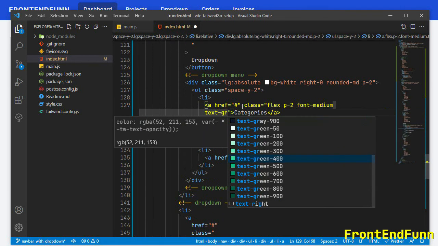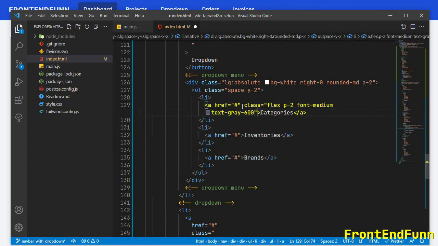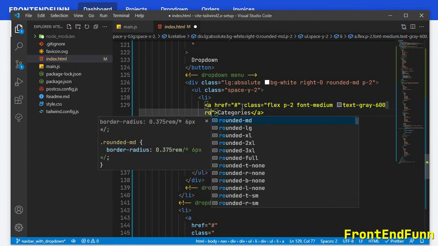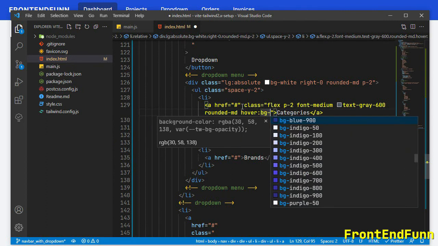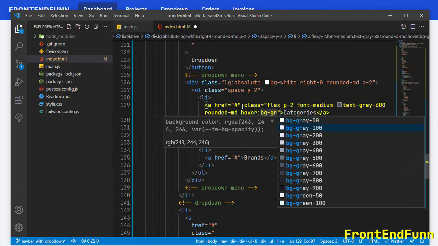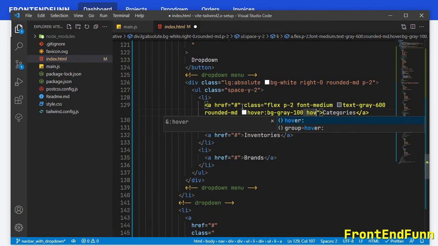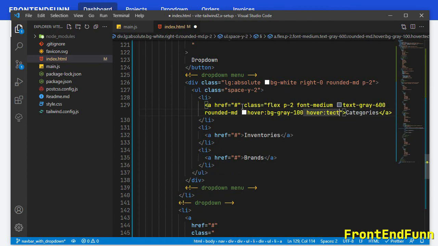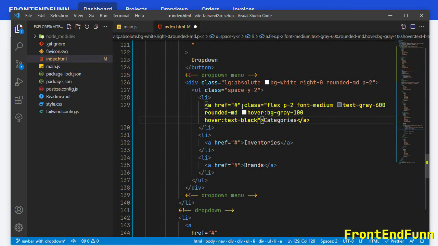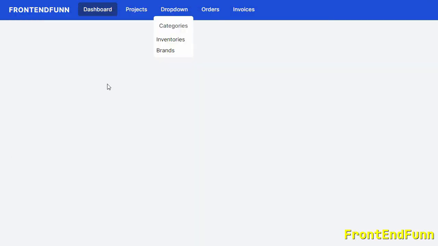I'm setting the text gray to 600, and I want the rounded corners, and when I hover on this, so hover:bg-gray-100, and when I hover I want the text to be black. Okay, so something like this.